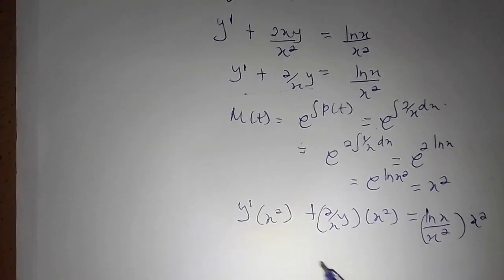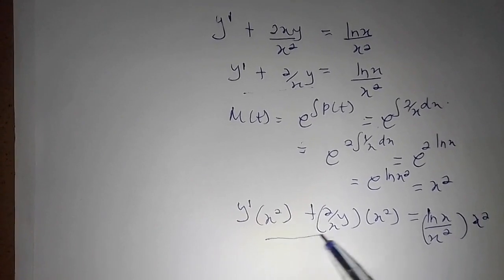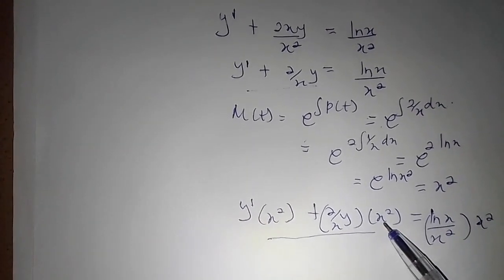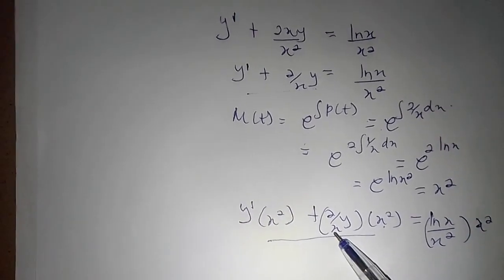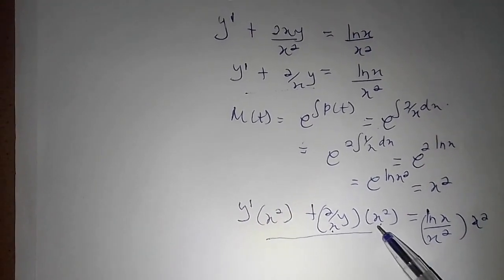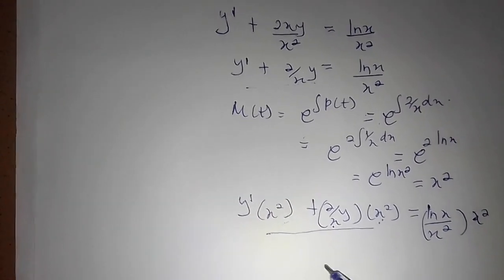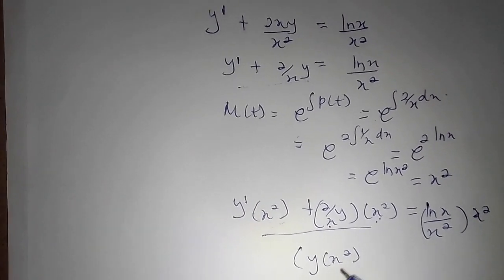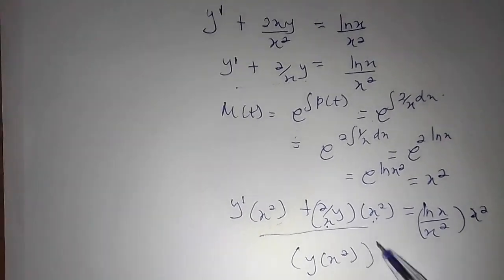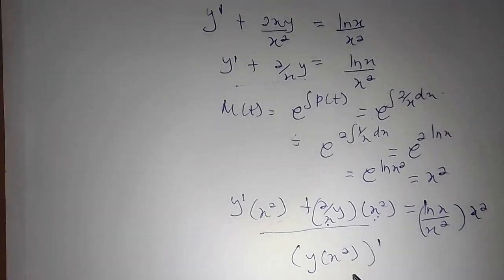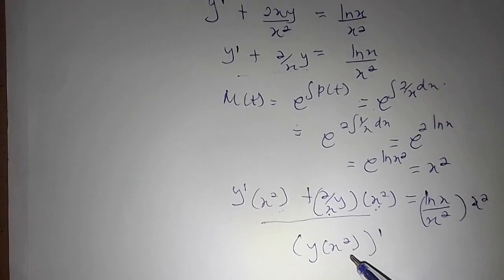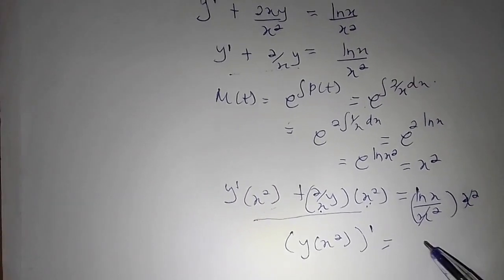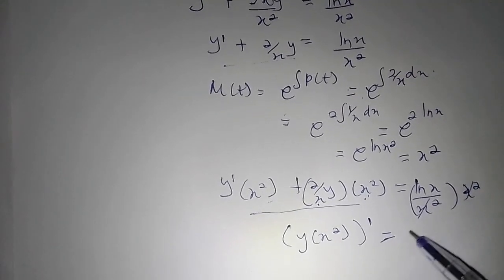At this point, we have a condition in first order linear differential equation that whenever the integrating factor multiplies the coefficient of the y, it becomes the derivative of the integrating factor. Hence, this whole expression is simplified to be y multiplying x squared, that is y multiplied by the integrating factor, all prime, that is the derivative of the product of y and integrating factor. So this will be equal to, this x squared will cancel this x squared, and it will be equal to